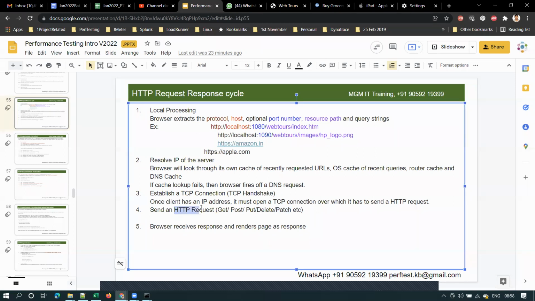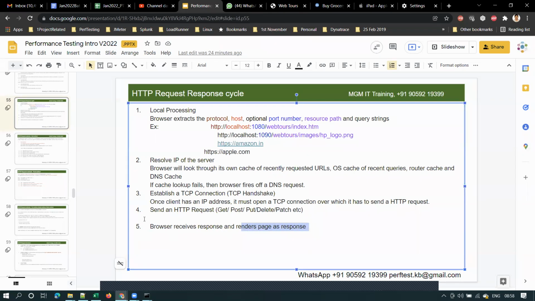Once you send a request, if it is a valid request, the server will process that request and send the response to the browser, and the browser receives the response and renders the page.